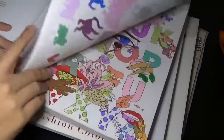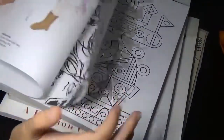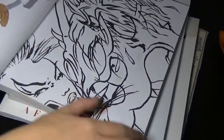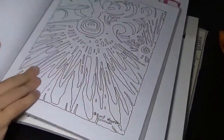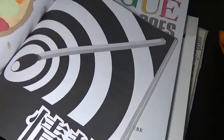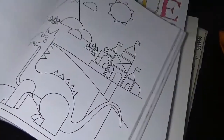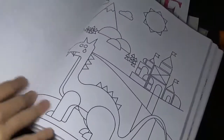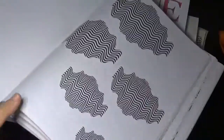Well, no, that might be the artists. Okay, well, there's all kinds of different artwork from all kinds of different artists in this book. Some images are patterns, some of them are really funky. This is a big flower. Some of them are really cute and simple. You know, here's this picture. This one's cute and simple. It's a dragon. And on the back of each page, for example, this dragon image, it says,